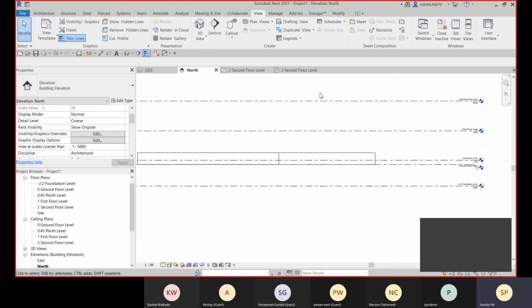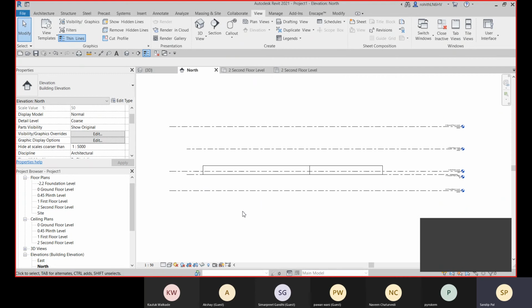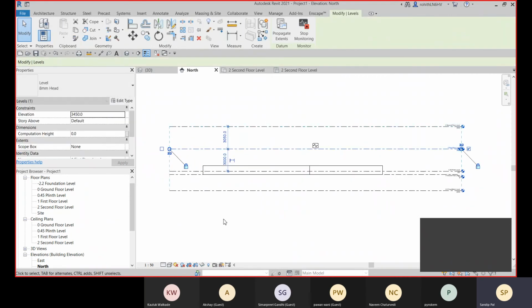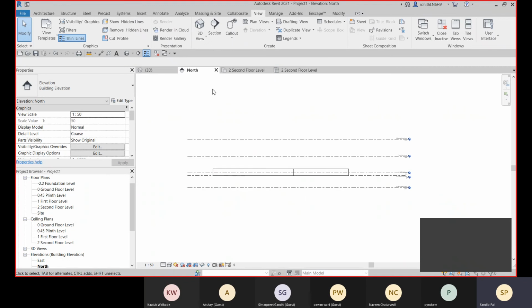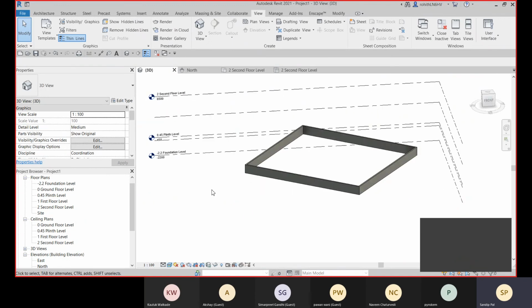So you need to go with the copy and monitor. Fine. And after that start creating your model. Place all the model components and all.